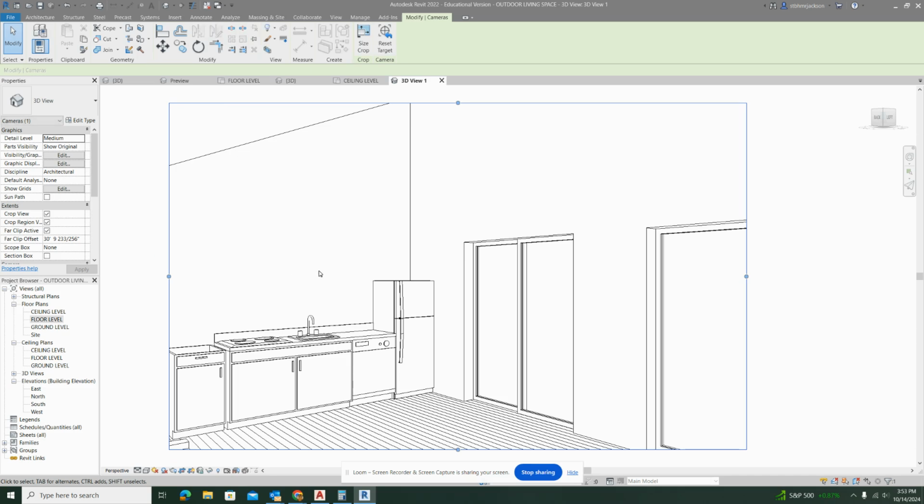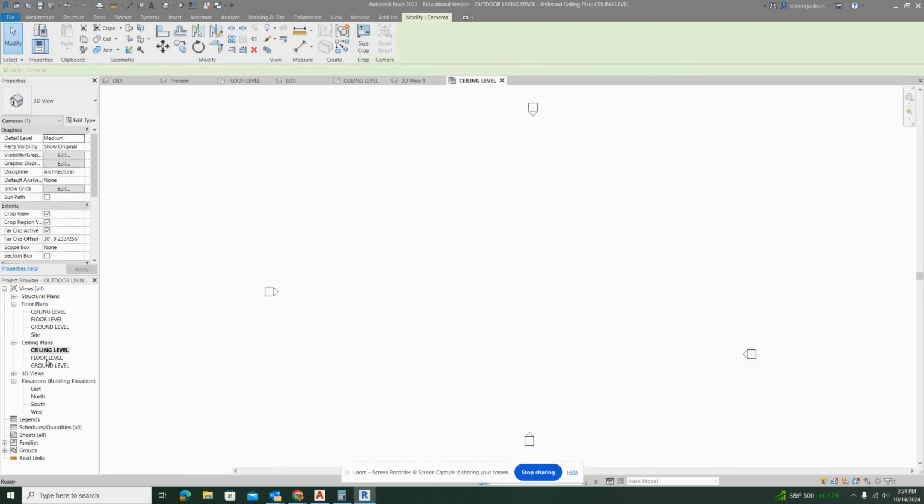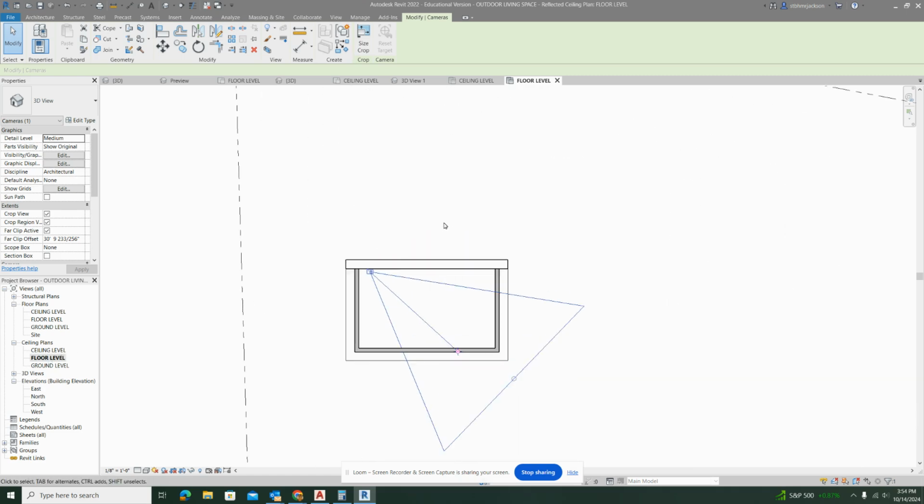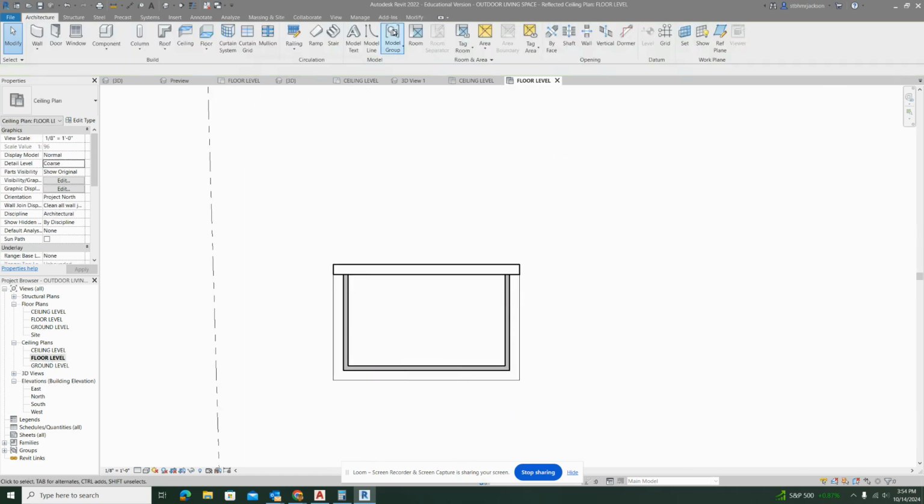But I suggest that if you render this, you're going to probably put some lighting in because the natural light that's coming in here is not going to be enough. So in order to do that, what you need to do is actually go to the ceiling level, on the floor plan level of the ceiling, and create a ceiling. Because the only way you can put some lights in is to actually put a ceiling in. So you go to ceiling